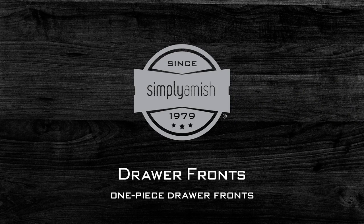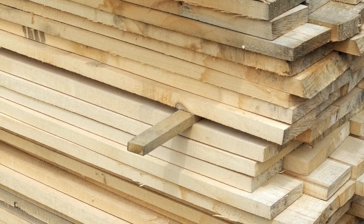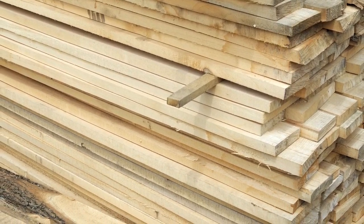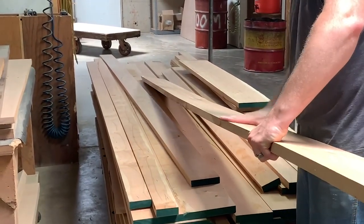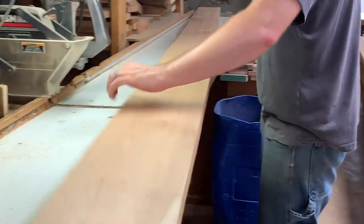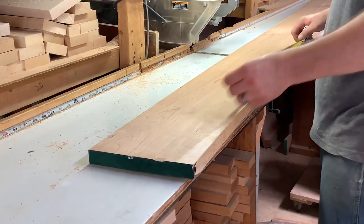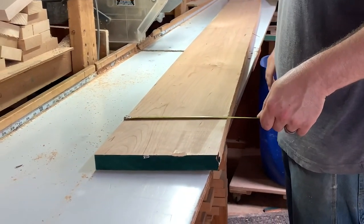The main reason that it's harder to do this one-piece drawer front up to 8.5 inches high is because there's not a lot of selection when it comes to boards coming out of the mills that we've purchased from. To buy wood that is wider than 8.5 inches is a more expensive selection. It's definitely rarer, especially in some of the woods. So we do have to spend a lot of extra time sorting through and making sure that we have enough boards that are 8.5 inches wide